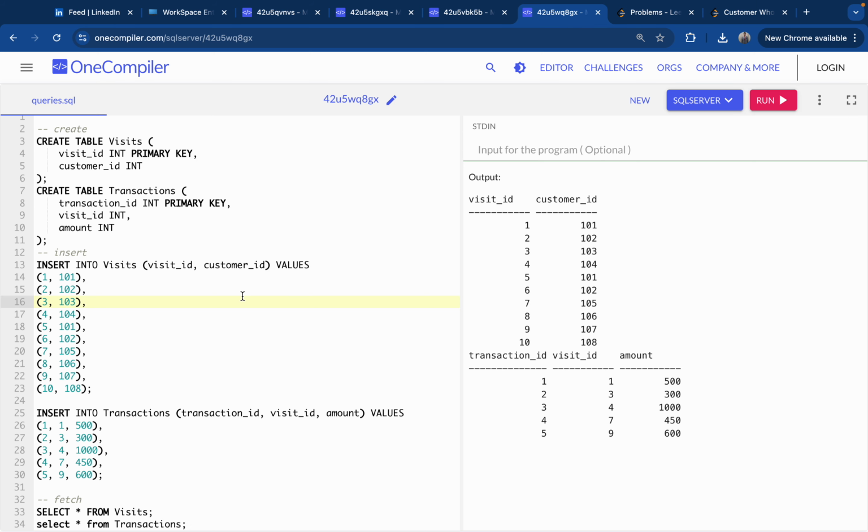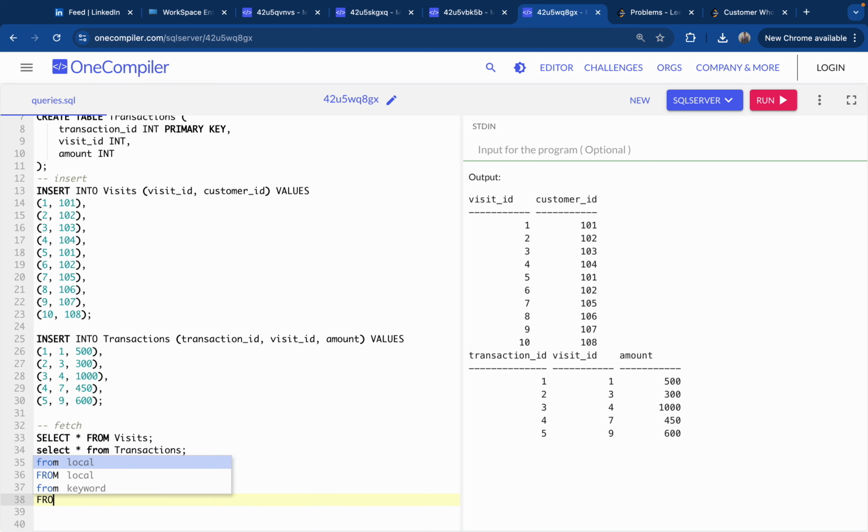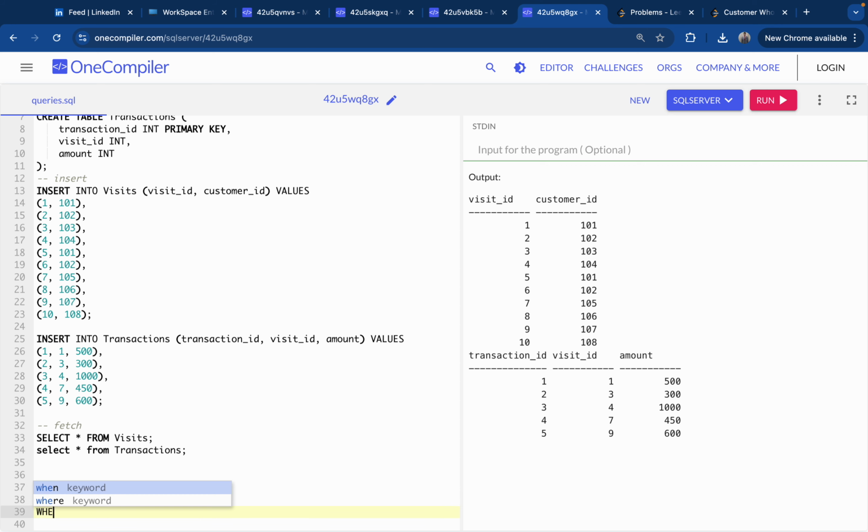So I have already created the tables and inserted a few rows. What we have to do is, first we have to find the customer ID from visits, and then this visit ID should not be in the transaction table, so it is as simple as this. Select visit ID from transaction. If this visit ID is not in the transaction table, then we have to return those customers. So if I run this one,